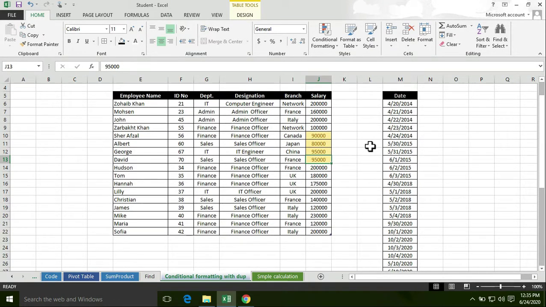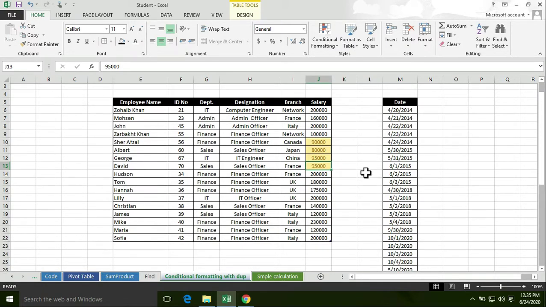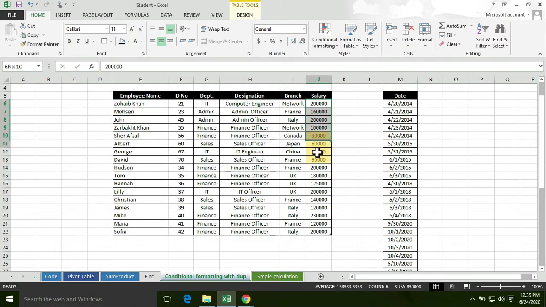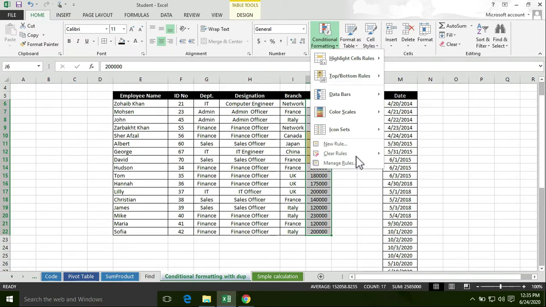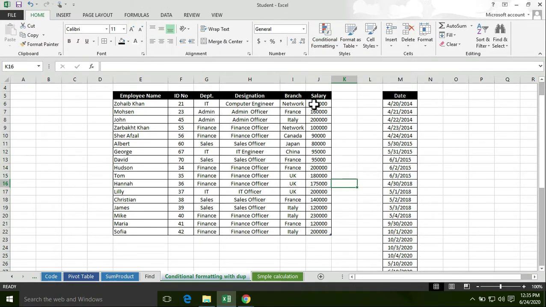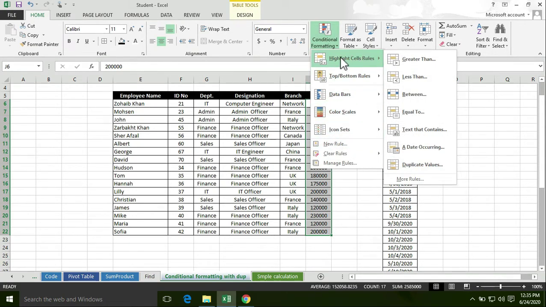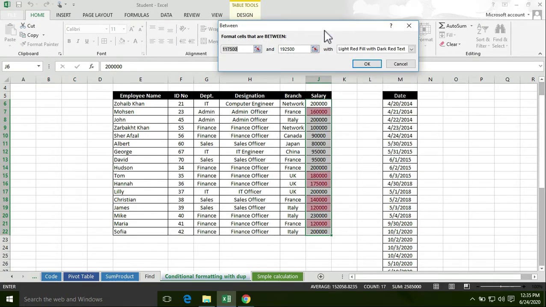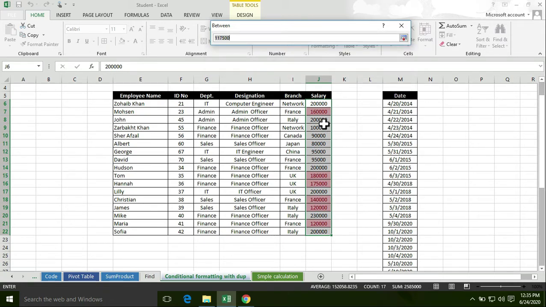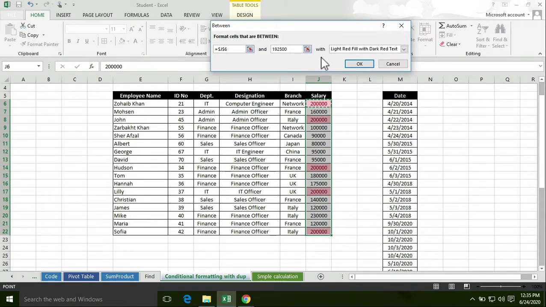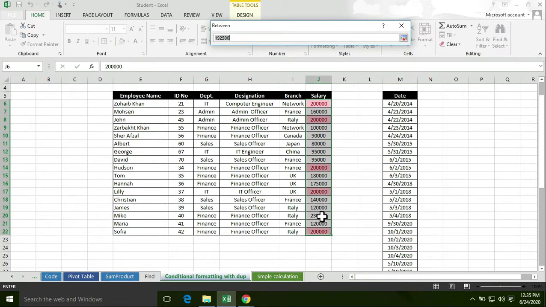So you can also change the format. Now first of all select this whole range of cells, then click on conditional formatting under the Home tab, then select clear rules. Now select this whole range of cells again, click on conditional formatting under the Home tab, then select highlight cell rules. This time I'm going to select between. I will select two numbers. The first number should be 2 lakh. The second number should be 2,30,000.